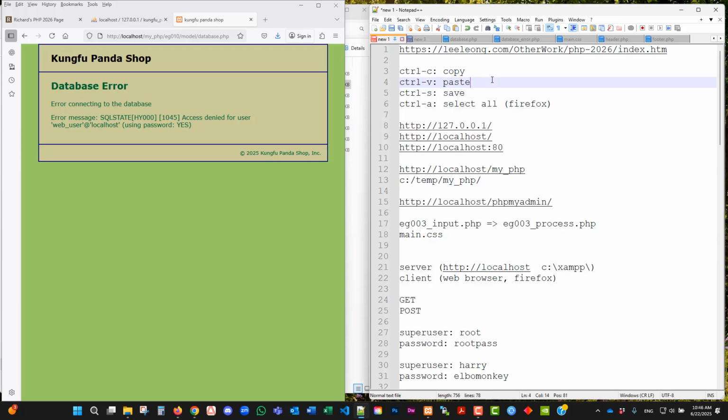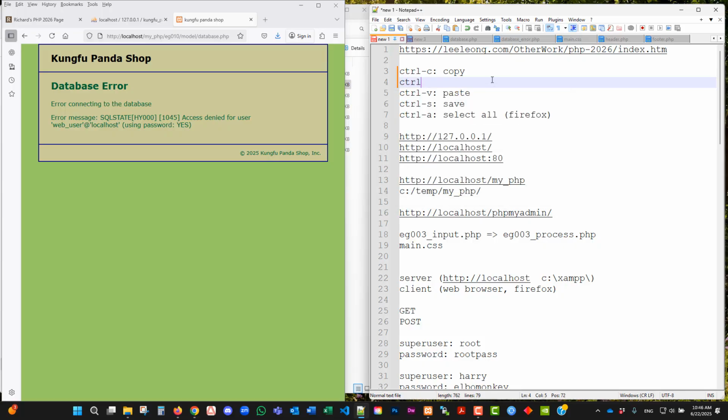Okay, so I don't have cut, so Control X is cut, which is pretty scary. So if you don't like, you can also Control C to copy first, and then take it out by delete. But Control X is a cut. Okay, so we go to database error